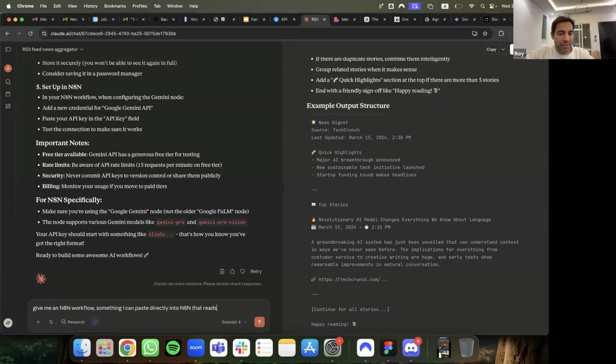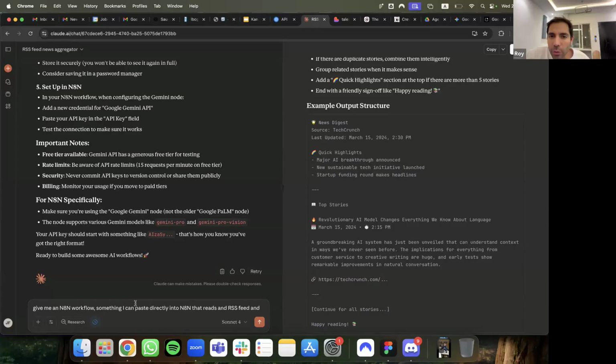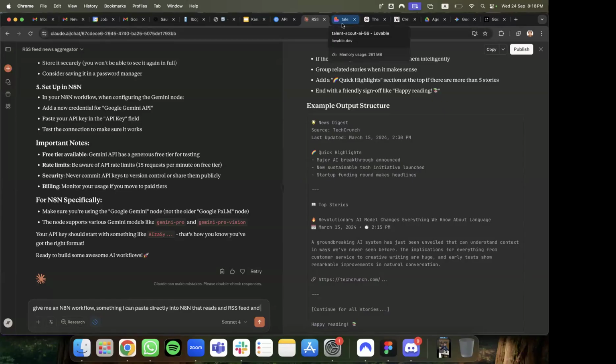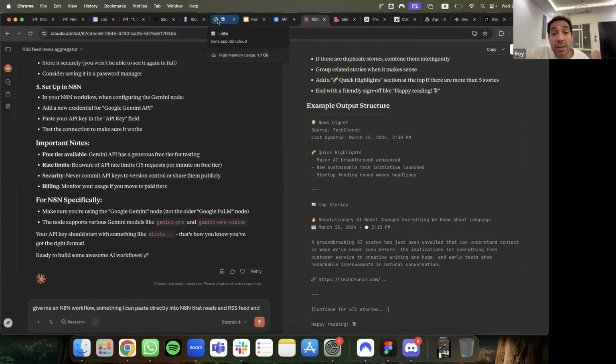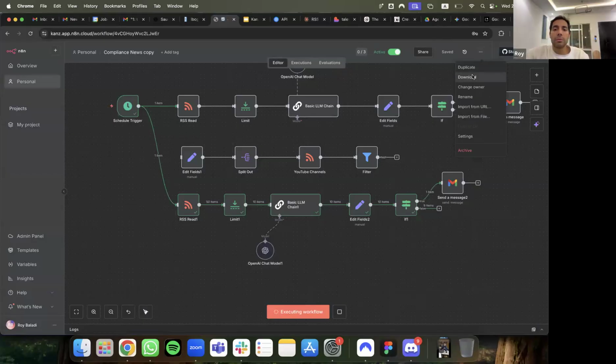Before you go there, show them first how to download your workflow. So you download your workflow from N8N. You'd have to save it first. Just save your workflow. You can actually download from those 3 dots. Then download. Yes.